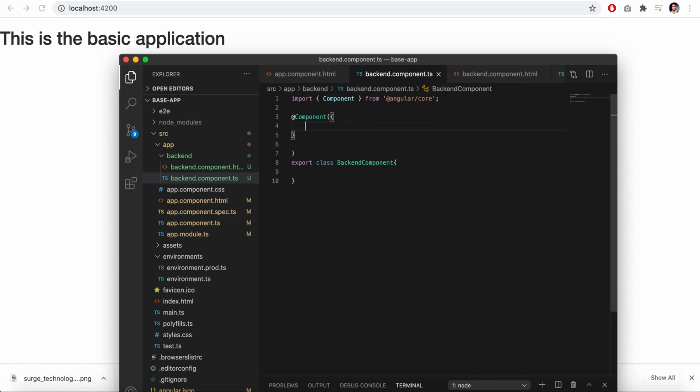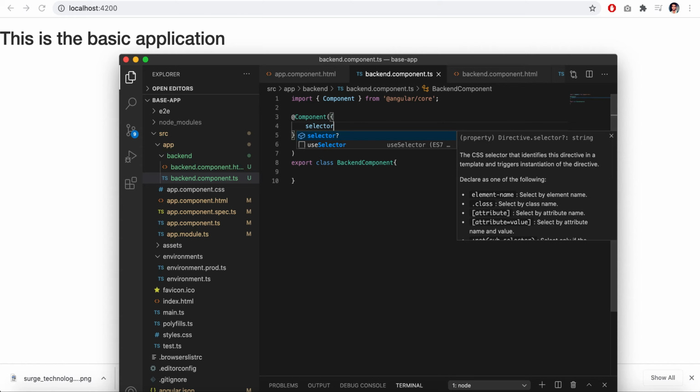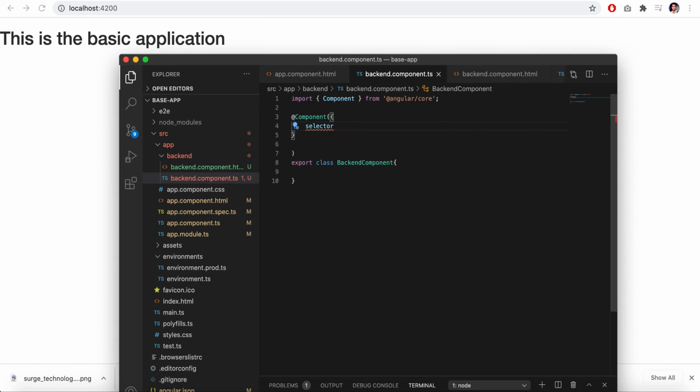Now decorators. Decorators are TypeScript features which enhance the functionality of a class as per its uses. So we need to import this component. It will tell Angular what to do with this class, the class that we have mentioned here. This is the component class. It needs to have certain parameters, for example, selector. This must be a string and unique, as it acts like the identity for the component. So let's keep it app